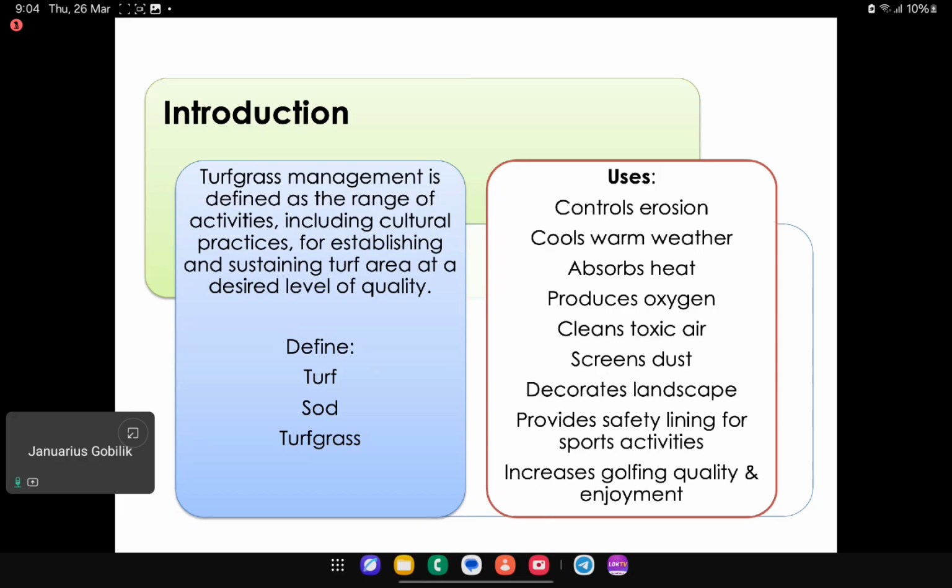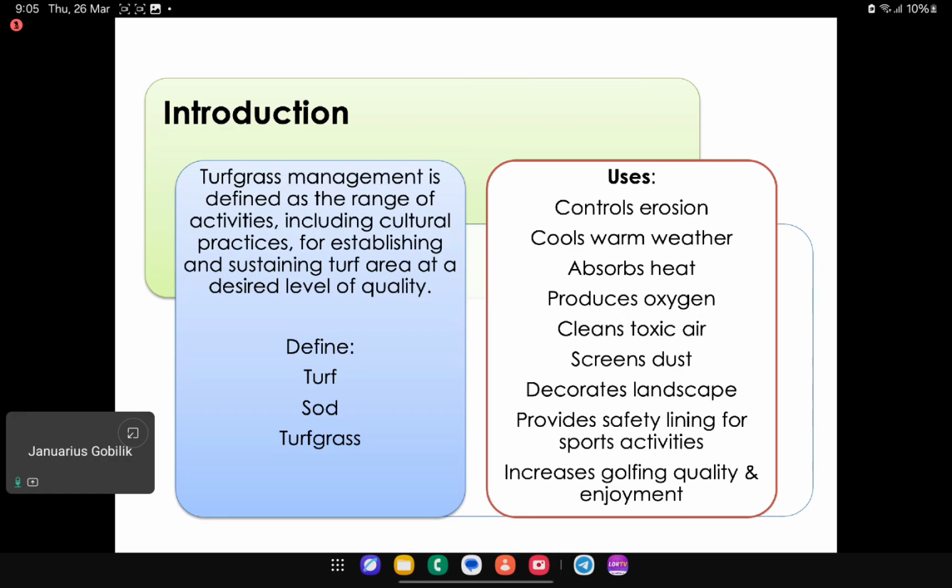The second one is to cool the warm weather in the city area, in the urban area. Of course, it is not easy for us to plant only trees, because it will also disturb other development in the city. So the alternative for us is to plant turf grass, and it will absorb the heat from the sunlight, and indirectly that will cool the warm weather. And the grass will also produce oxygen, because we have quite a vast open area in the urban setup. If you go around maybe Kuala Lumpur, for sure you have seen that there are many empty spaces between buildings, and